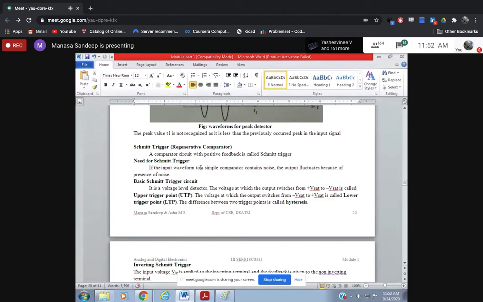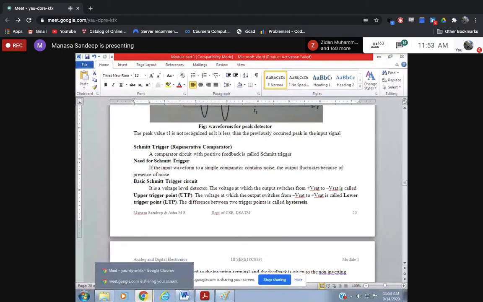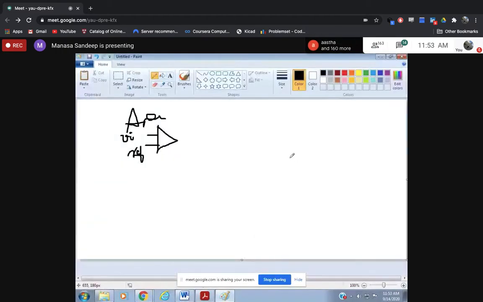It is a comparator with positive feedback. Okay, so what is the Schmitt trigger? It is a comparator circuit with positive feedback. What exactly is this positive feedback? So guys, negative feedback in the sense, so negative feedback,